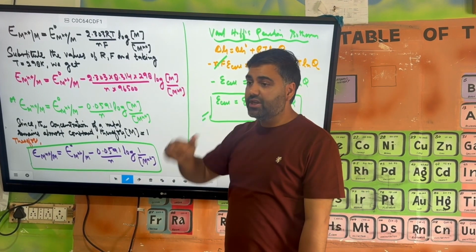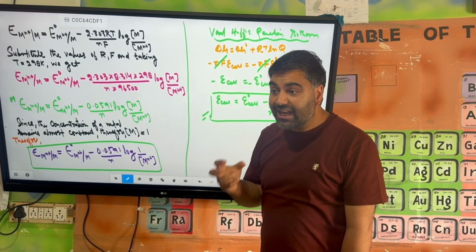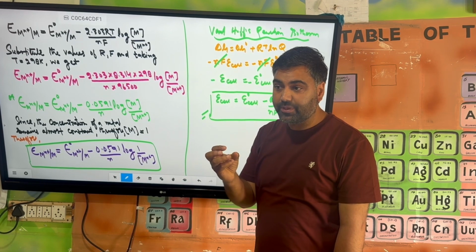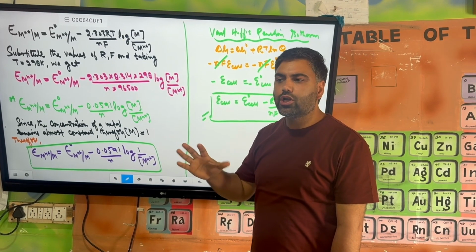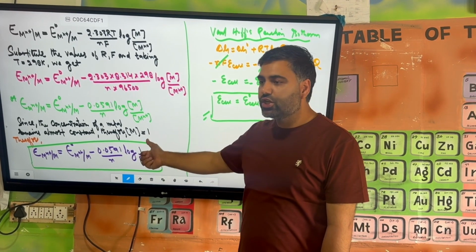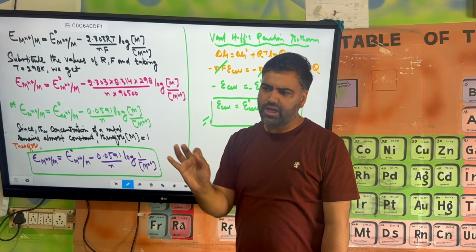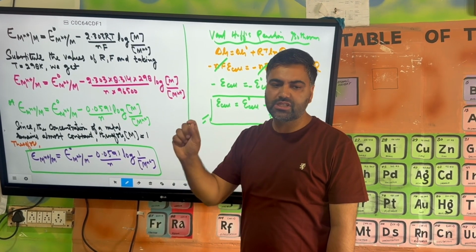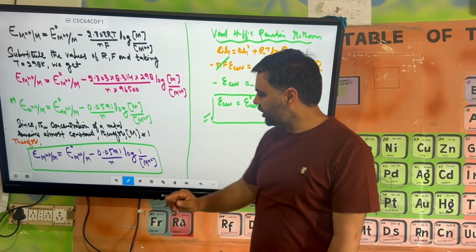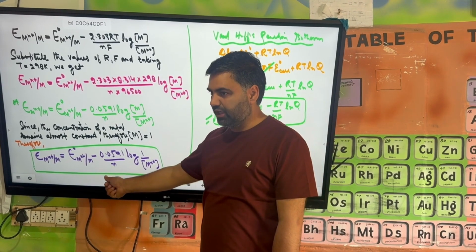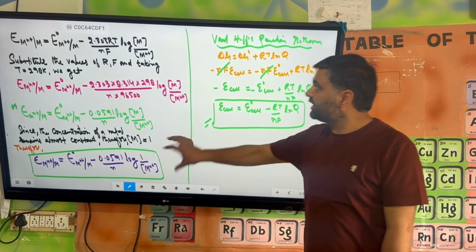क्योंकि this M is the concentration of the metal atoms, ठीक है ना, of the metallic strip, clear, and that remains almost constant. So that is why it is taken as unity. जब भी आपके पास कोई solid हो, in the Nernst equation for that solid substance, their concentration is taken as unity. So हमारी final equation जो है वो ये बनेगी, clear? तो actually Nernst equation आती कहाँ से है, clear?